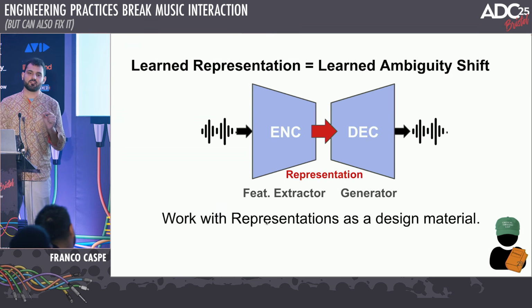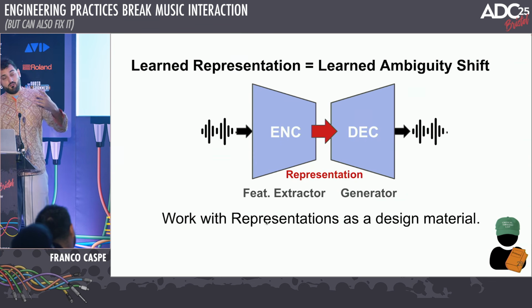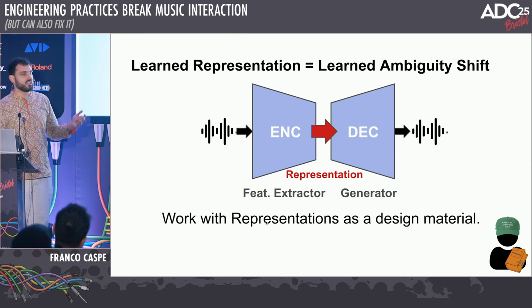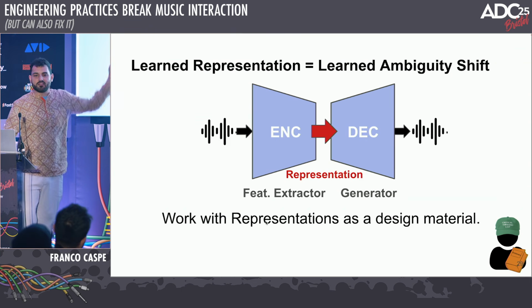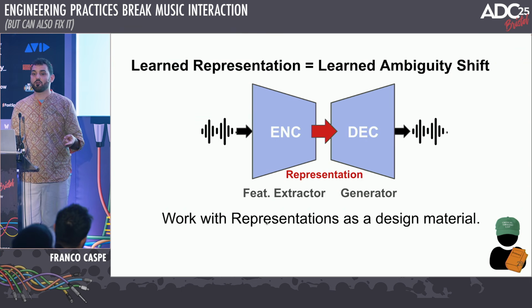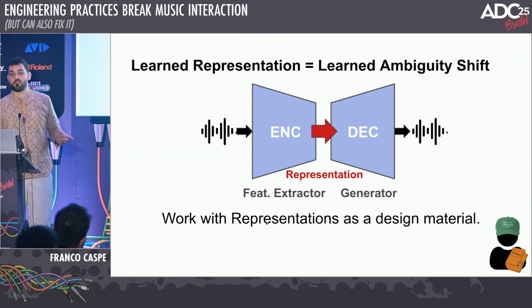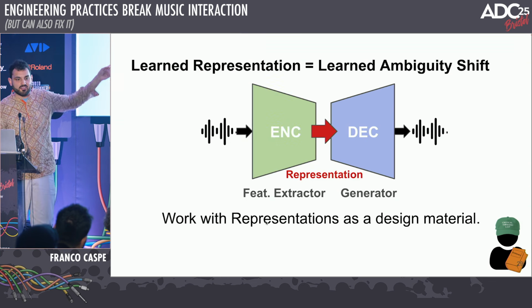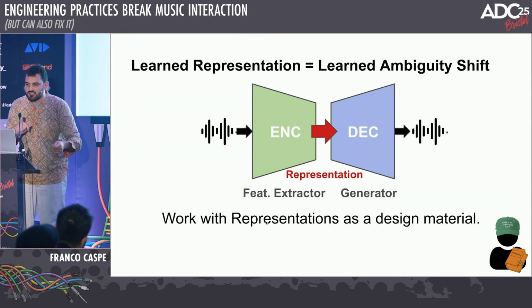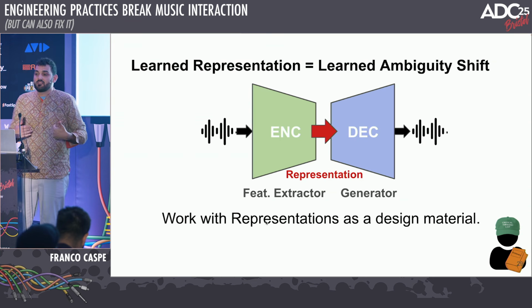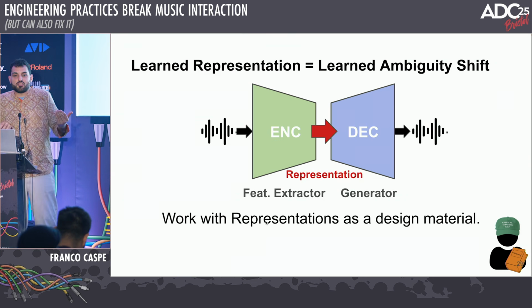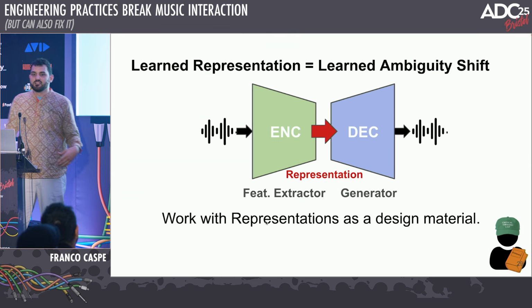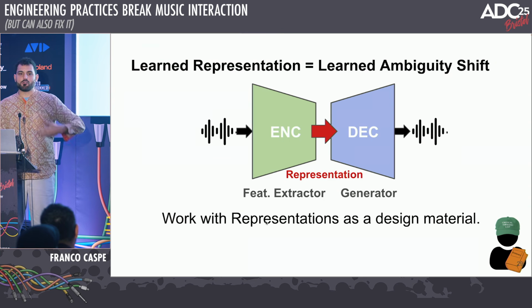work with representations as a design material, and we can iterate over it, and in lots of cases, let's say, we will be able to invert that representation into its generative components using a decoder, also a neural decoder. So we can work with representations as design material and perform this kind of iterative work. Again, I can tweak the encoder, change the training data, change slightly the architecture to make it work better the way I feel, right? There's no specification to tell me you are going to play guitar great, but the way I feel, and I can work with it as a design material.